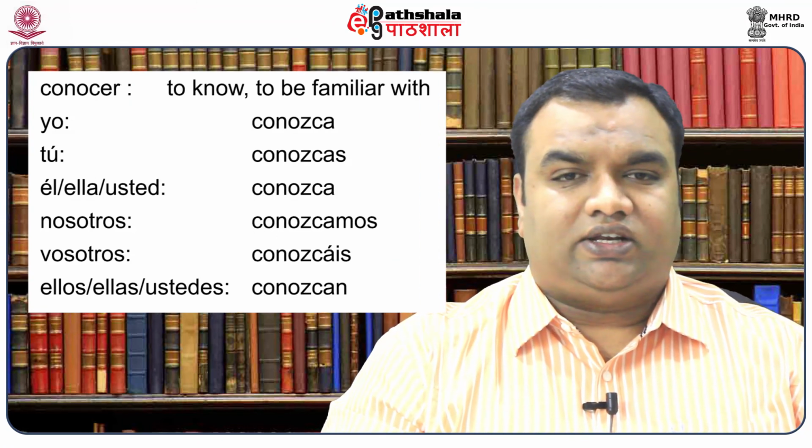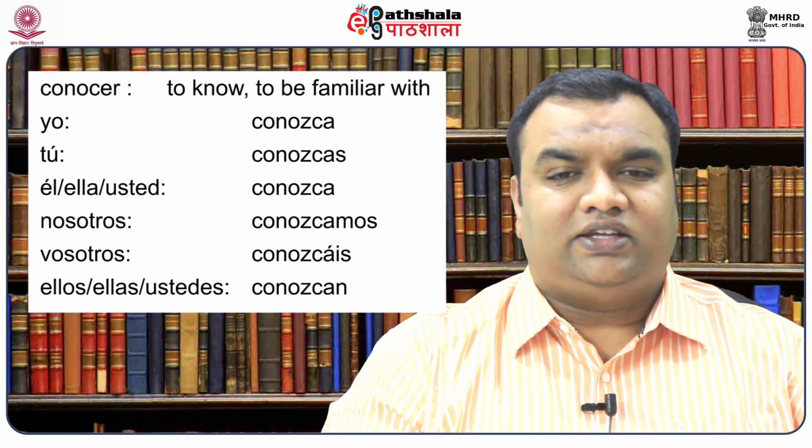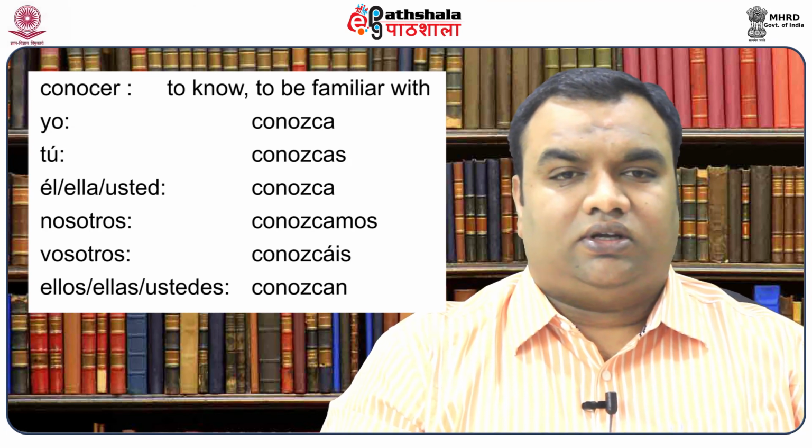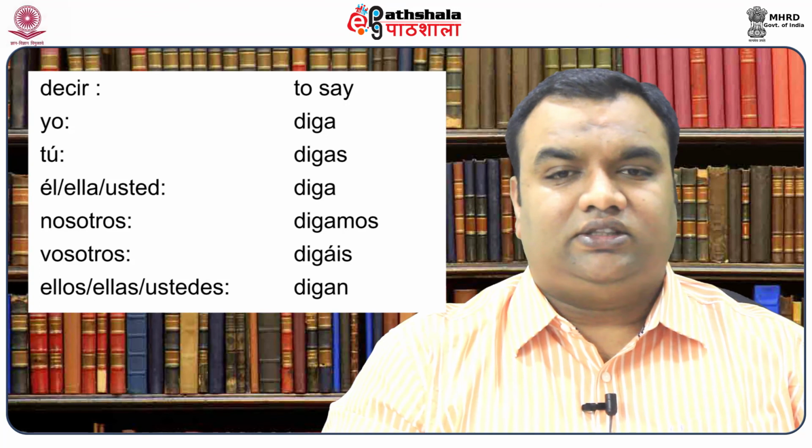Next is conocer, to know or to be familiar with. The conjugations in the present subjunctive are conozca, conozcas, conozca, conozcamos, conozcáis, conozcan. Decir, which means to say, is conjugated in the present subjunctive like diga, digas, diga, digamos, digáis,